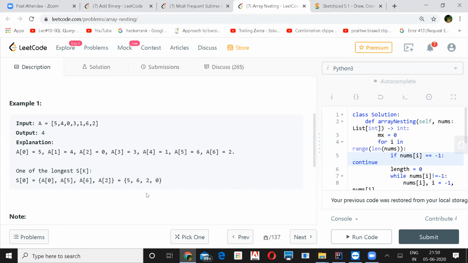One thing is, if we are defining the set as something which starts and ends at the same index, for example, the one that we started with at the 0th index, the loop ended at the 0th index. Yes. So in that set, if we start from any other value in that set, because it is a closed loop, it will of course belong to that set only. After all the jumps, we'll come back to the same endpoint. Correct? I think it will do for all the indexes. He's saying that you can't pick any of the elements out of this set because you will again fall in it.